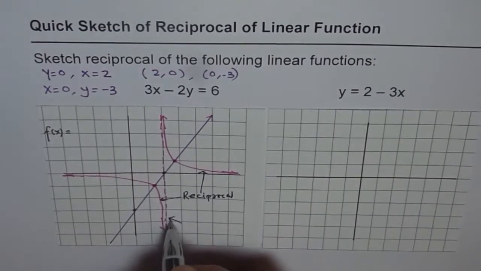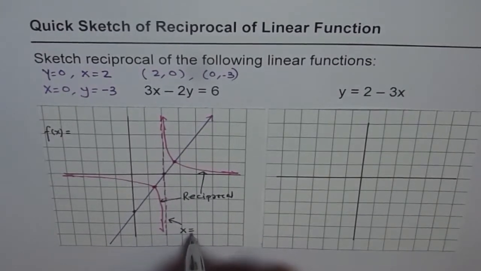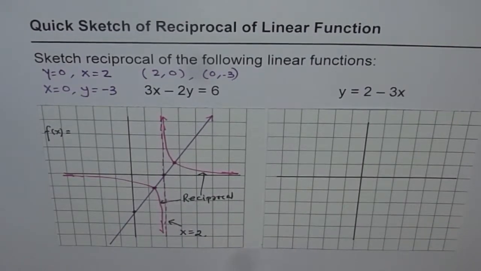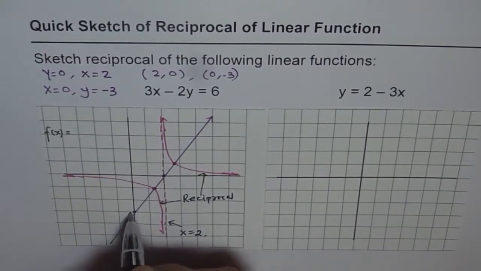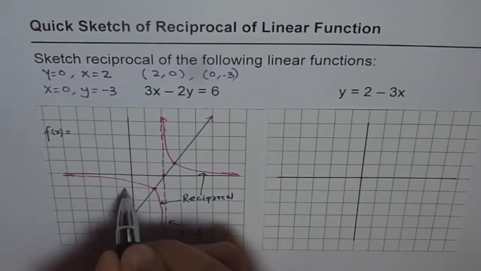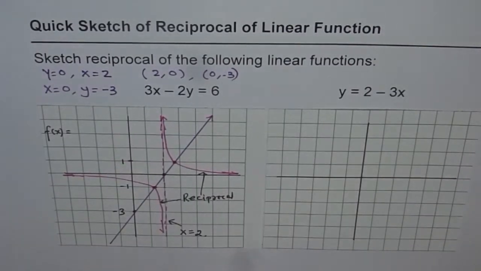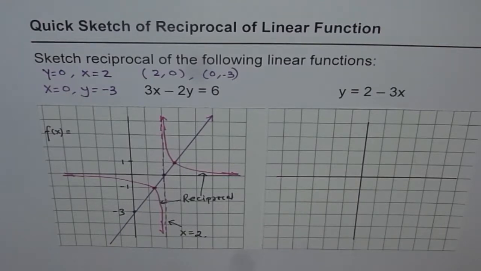Now here this is our vertical asymptote at x equals 1, 2. Right? So that is how you can quickly sketch the reciprocal of a function. This is minus 3, then we have minus 1, plus 1. Let us do this exercise once again and try to understand how to sketch the reciprocal of a function from the